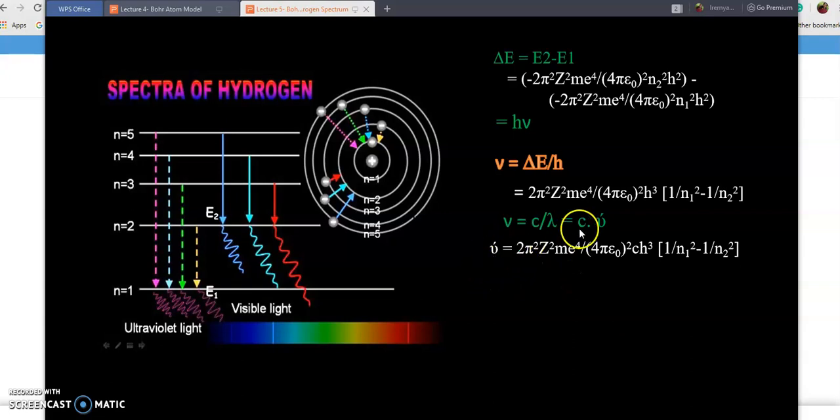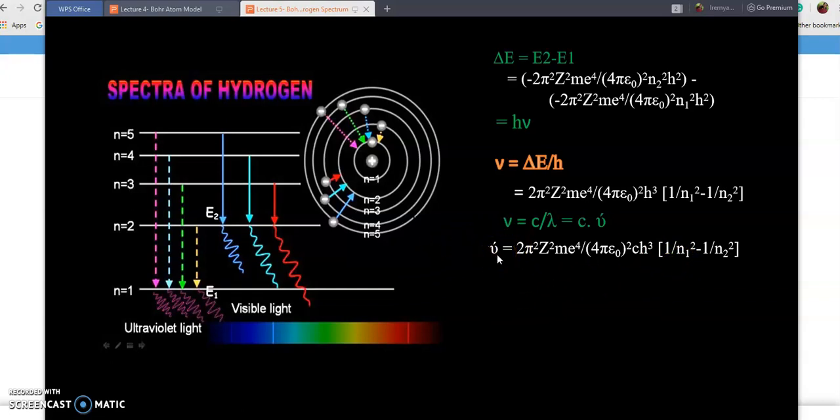So the equation of nu bar becomes nu by c, and the new equation in terms of wave number will be nu bar equals 2 pi square z square m e raised to 4 by 4 pi epsilon 0 square c h cube into 1 by n1 square minus 1 by n2 square, where